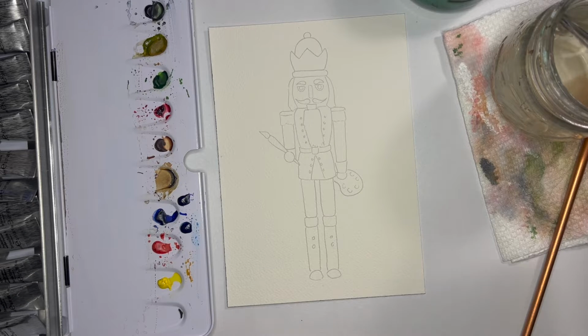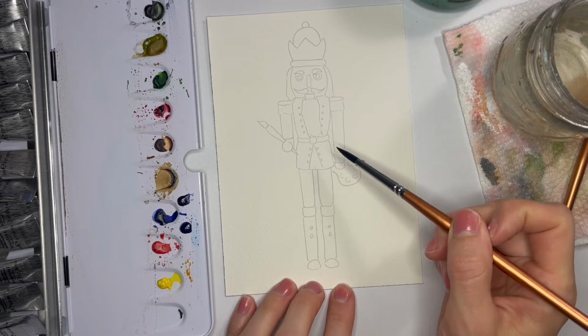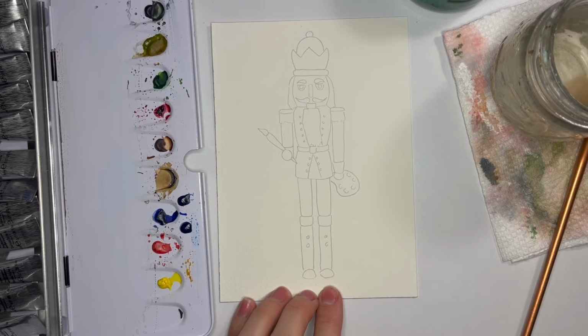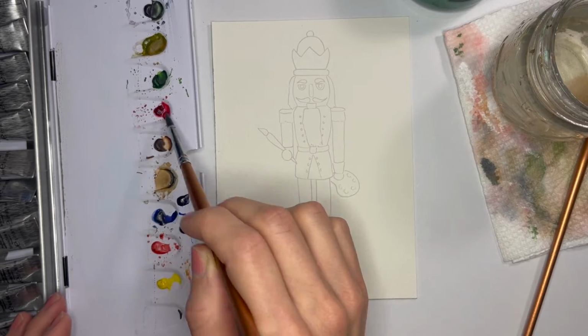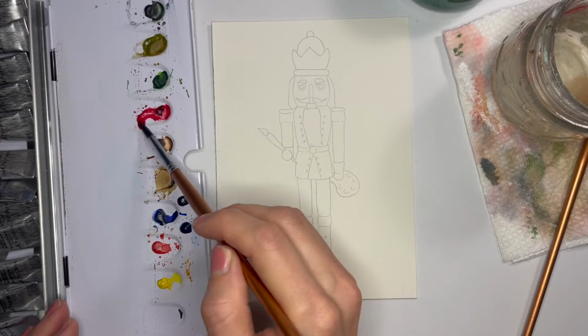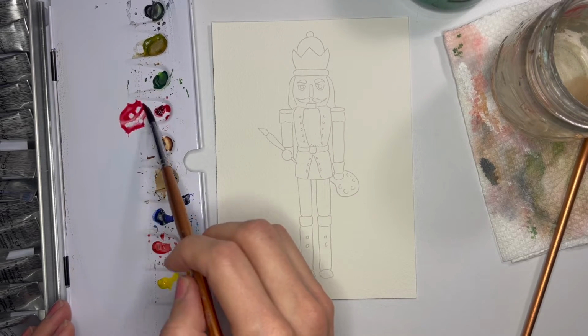I'm actually just going to start with the jacket so I can get a good idea for the colors that I want to paint for the outfit of this Nutcracker. So for me, I want to make it kind of a pinkish color, so a little bit tricky because I don't have a true pink in my palette today. I'm going to take this red,